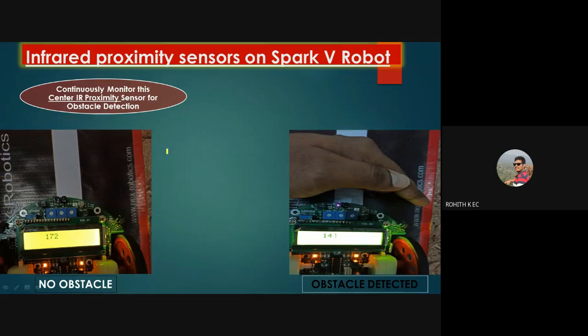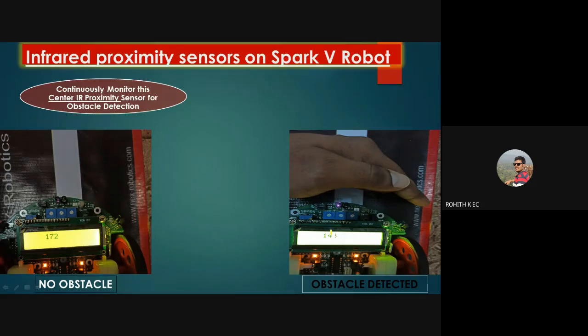Okay, and before I proceed, let me clarify this. The values captured by our infrared sensors depend on the light intensity of our environment. I have tested these things in my residence, and these are the values that I have captured. If you test your robot in a slightly brighter environment, your values may slightly vary, right?